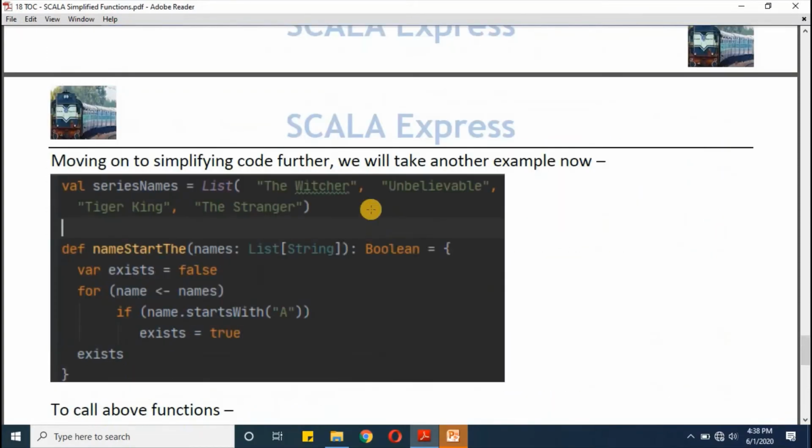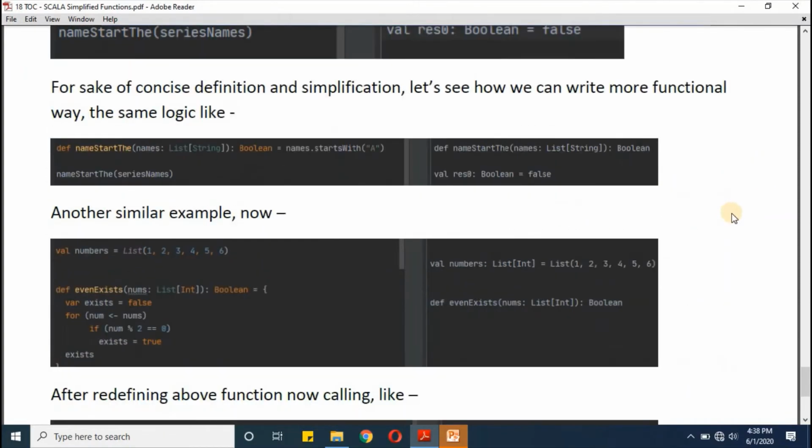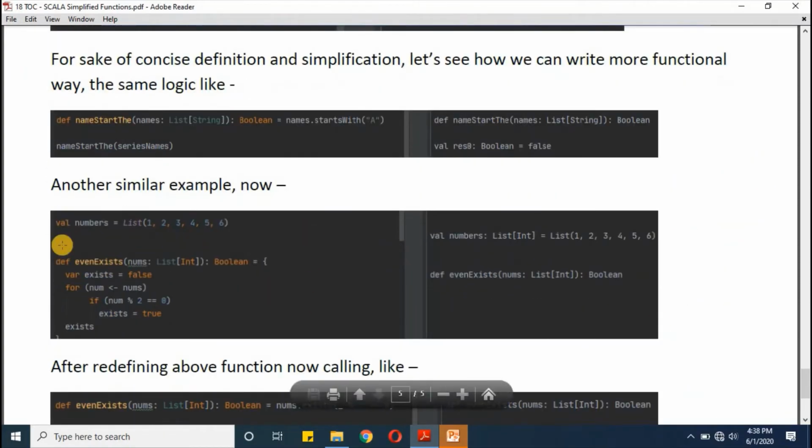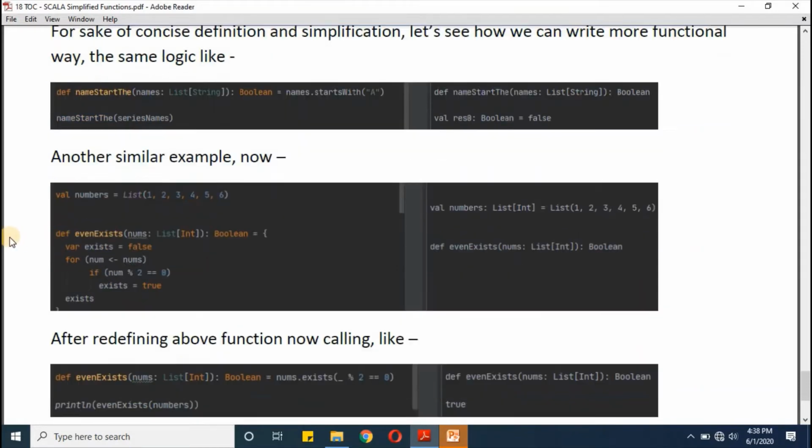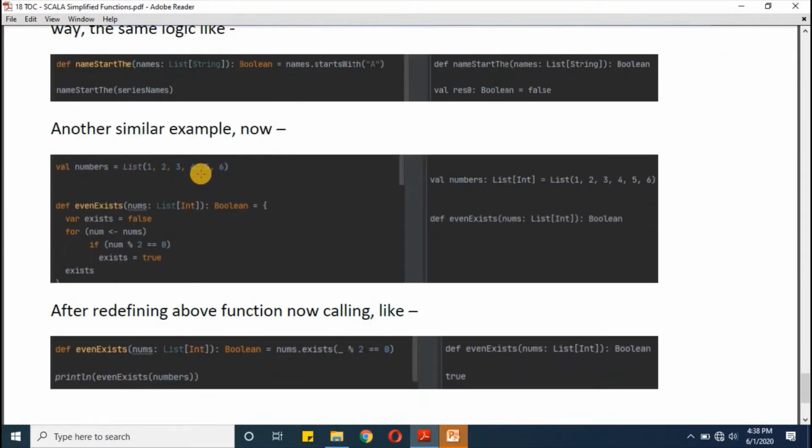So in this version we have seen a collection of string values. Now to explain the same thing again with a different example, I'm keeping another example here. Here I'm keeping a list of numbers 1 to 6, and then I'm checking if this list has any even number or not. Previously we had a condition for a string.